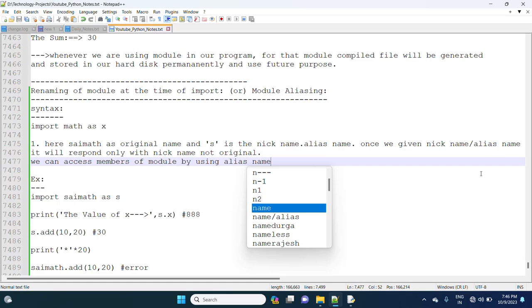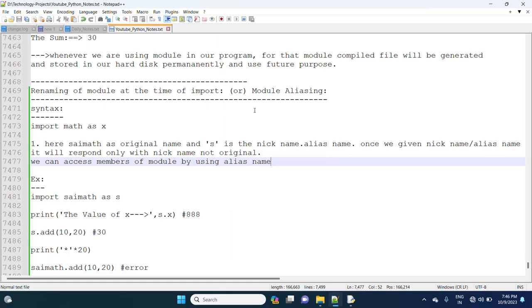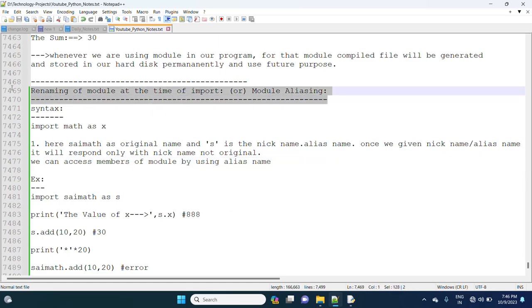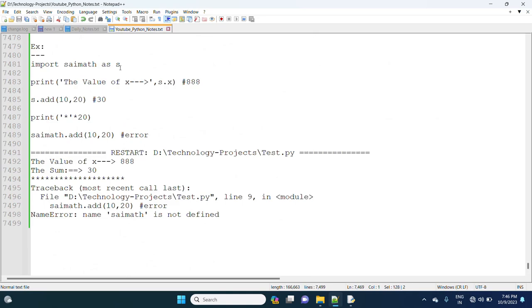So this is nothing but renaming of a module at the time of import. Clear, right? S will respond with S only. But if you are using SciMath, it is going to give an error. So this is nothing but renaming of a module at the time of import. Next,